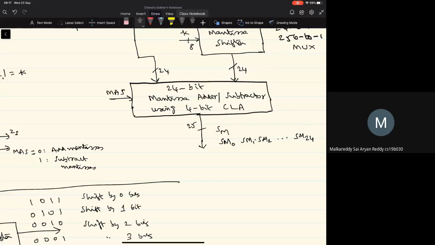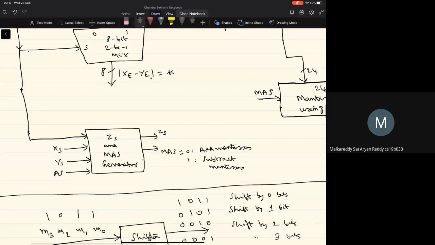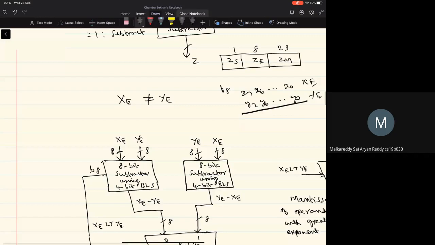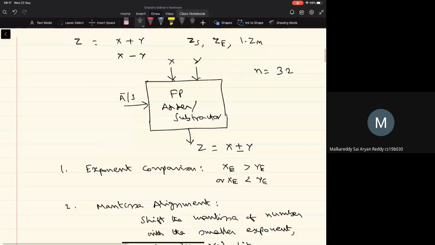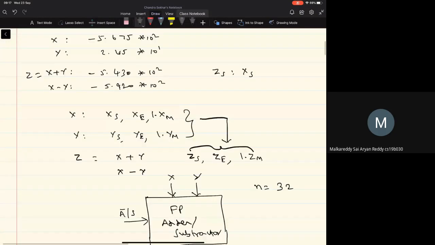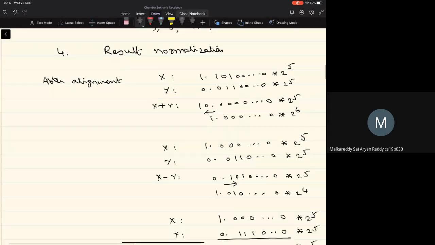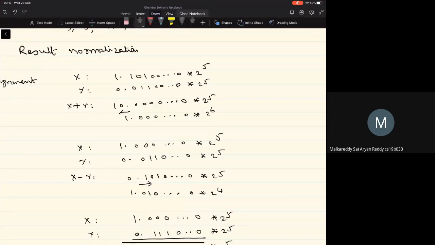Actually, this we have seen with some examples earlier in one of the previous classes. We've seen the case where we have taken this x and y, and when we perform the addition operation, the result is 1 0 point, all zeros. So we have this 25-bit entity here. Now, in order to get the normalization, we have to shift the binary point to the left by 1 bit